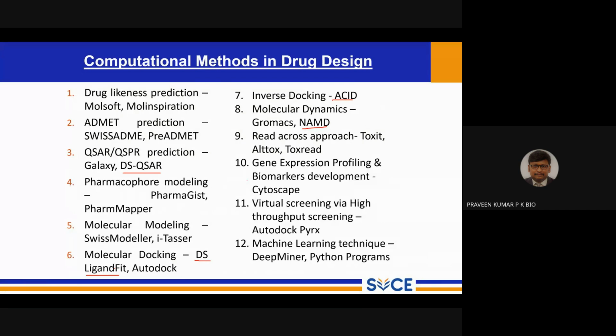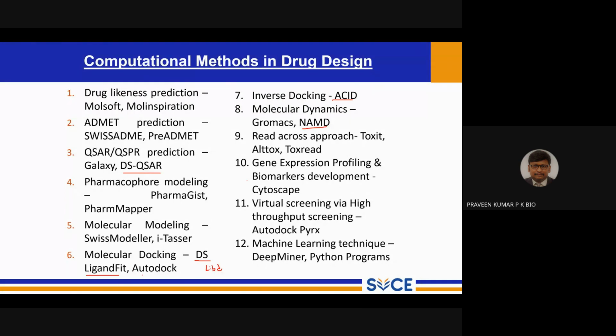Discovery Studio Ligand Fit docks a ligand with a receptor. But there is also one more module in Discovery Studio that we call LibDock. LibDock is going to do virtual screening. That is, if you want to dock more than 1,000 compounds with a single target receptor, go with LibDock